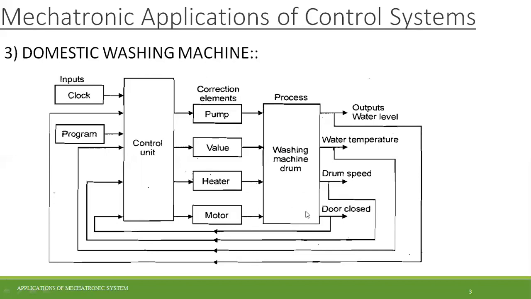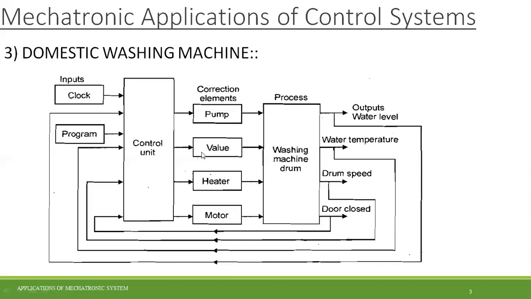For each and every aspect, there is an output. Here, see, the pump will be switched on, and hence the output is the water level. So the pump will be opened to fill the water in the drum, and after achieving the maximum level, the feedback device will give the signal to the controller unit that the level within the drum has been reached. Simultaneously, when the valve has